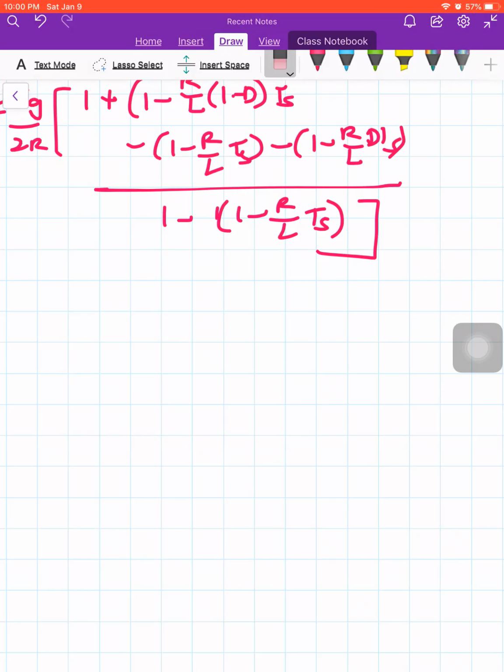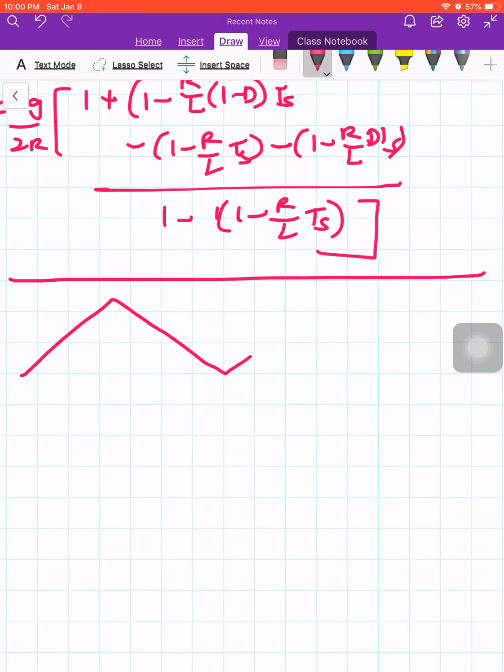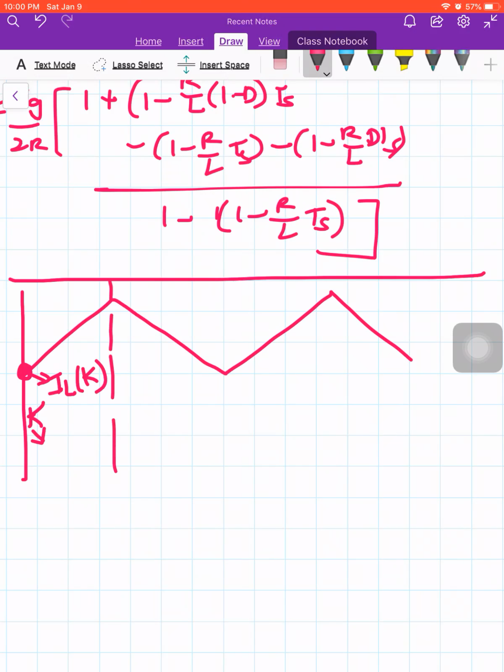Let's talk about current ripple in this chopper. So previously we have derived the current expression in different time intervals. So here if we call it as kth time instant and we are calling this current as IL of k. So with this initial condition, when a voltage of Vg is applied, the current rises,